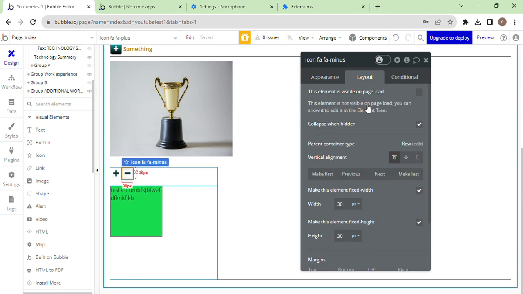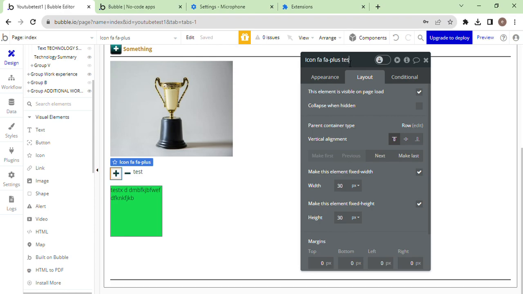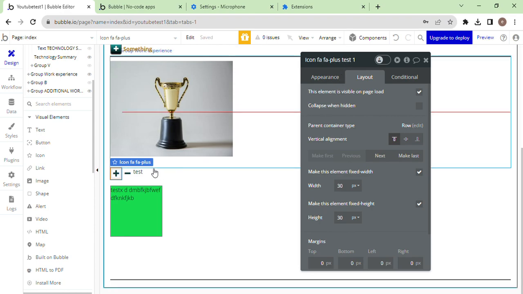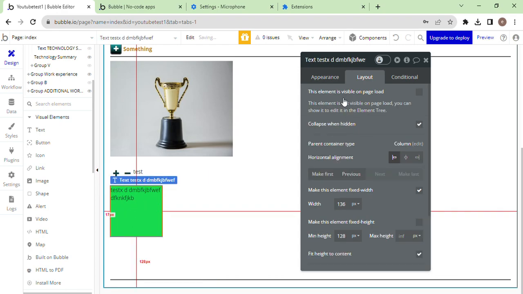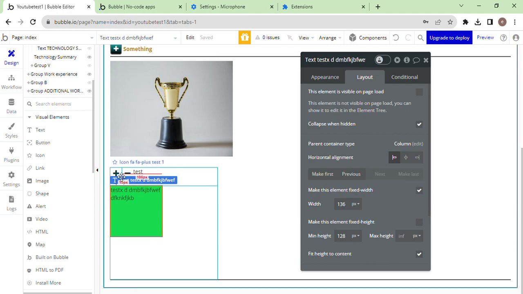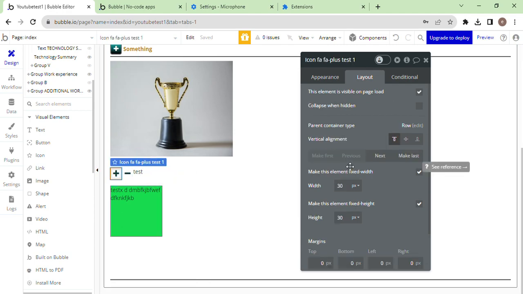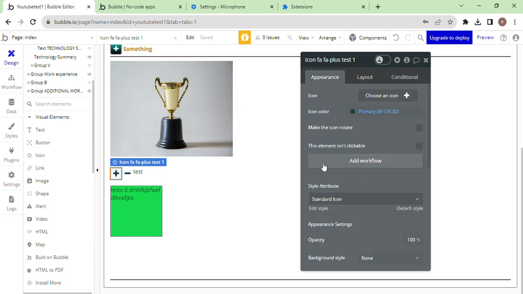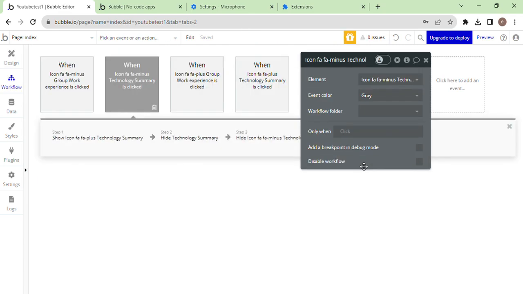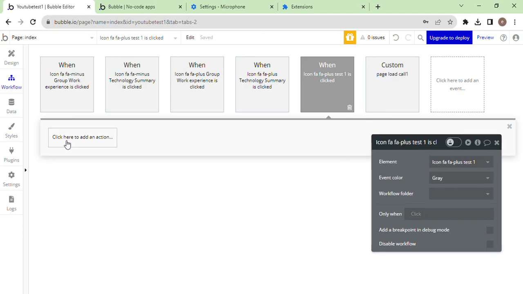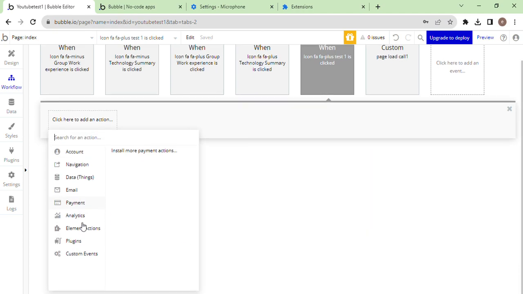Let me find this element, get a name, test one. This one is test one as well. And this one is, yeah, I think I'll see the name from the side. So yeah, basically I click on it, the test or the plus sign. I want to go to its workflow. So when I click that one, it should